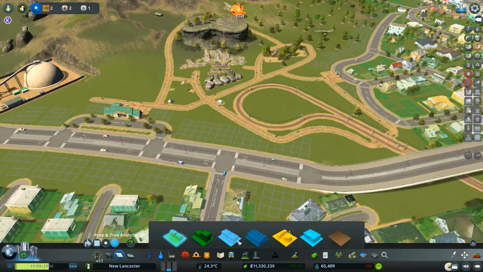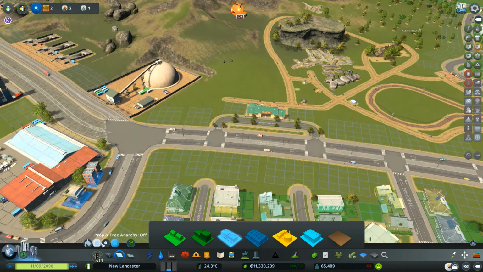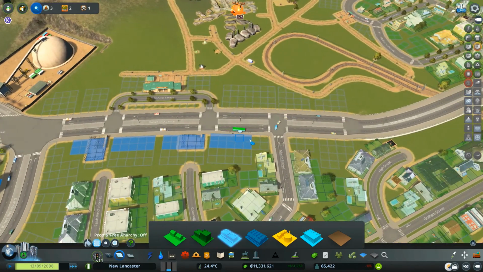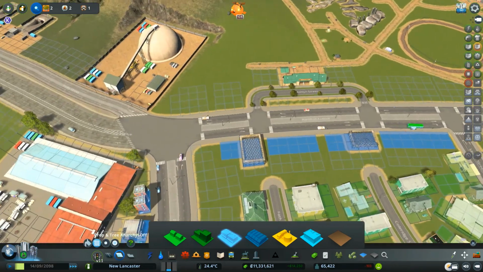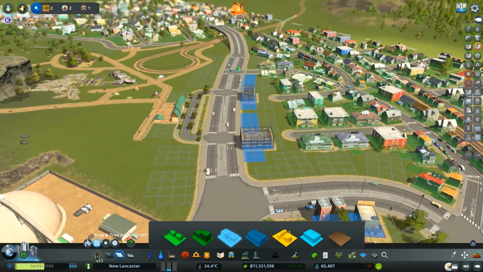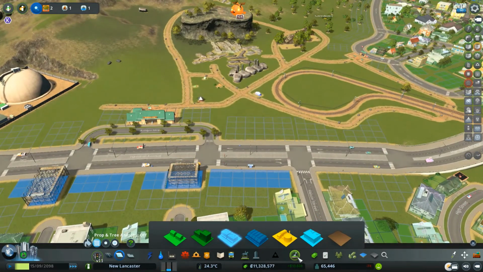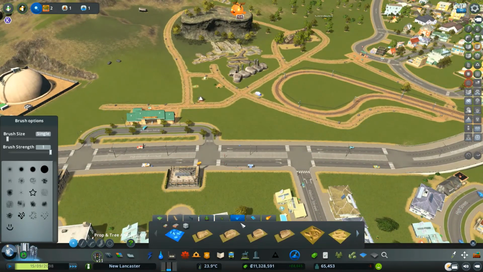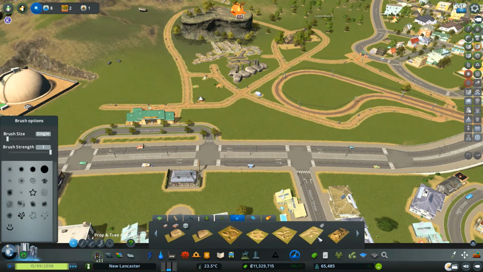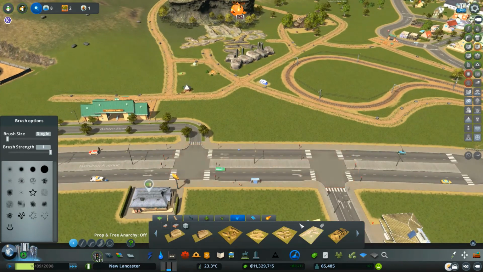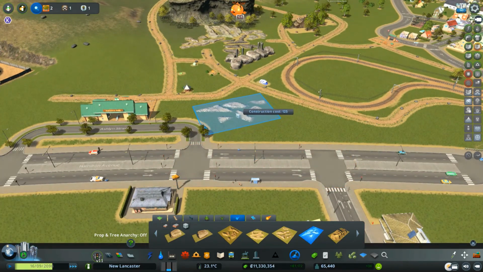But maybe we can help that along by getting just a bit of commercial. That's fine, okay. I don't want too much commercial, but just enough to start bringing in some people. And then maybe let's get some trees or some rocks or something. Yeah, rocks. To decorate the area a bit.